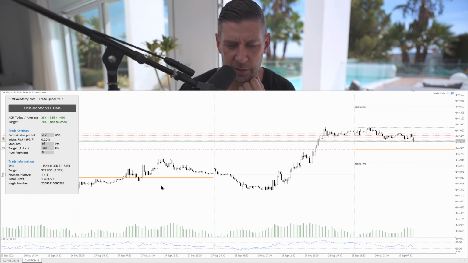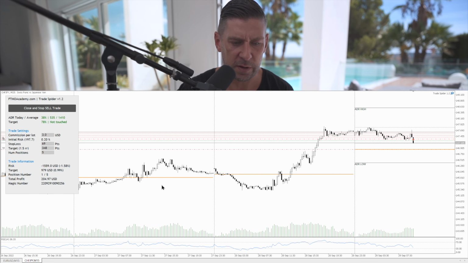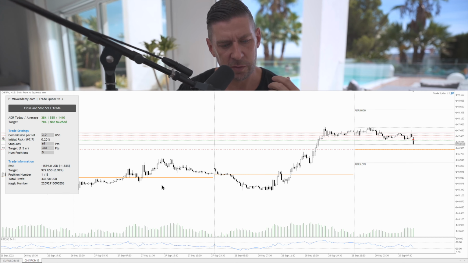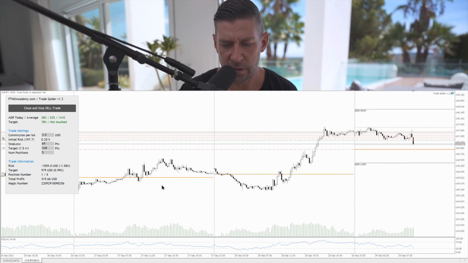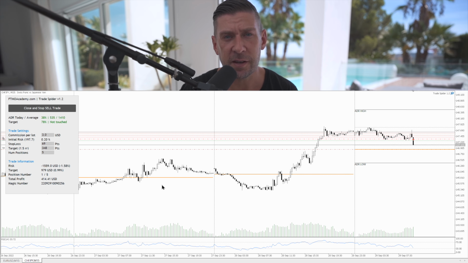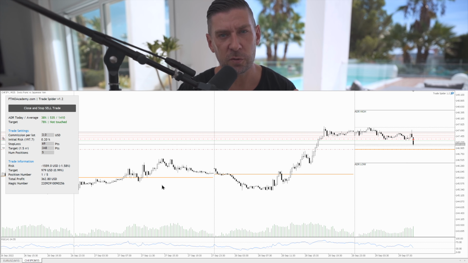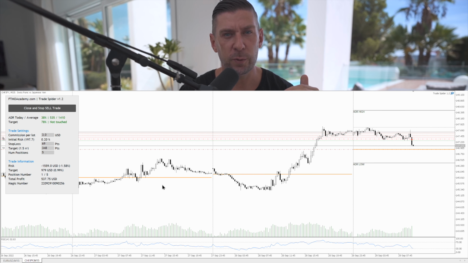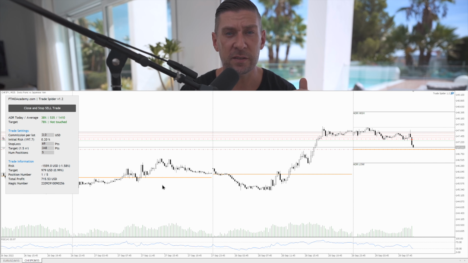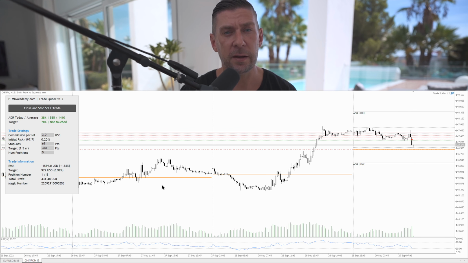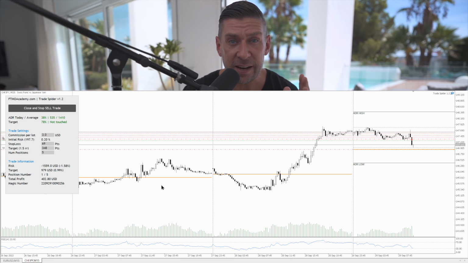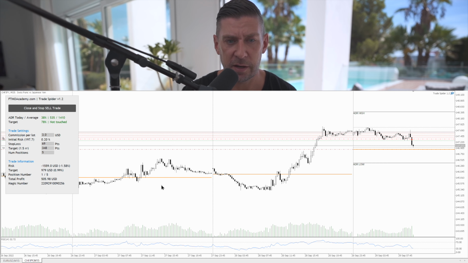We are currently in a little drawdown here, but I'm going to fast forward now so that you will see how the trade plays out. And yeah, that's basically it. That's how I do it every day. I open up the instrument scanner. I go through every instrument, every symbol, click on the name, open up the chart, look, do I like it,